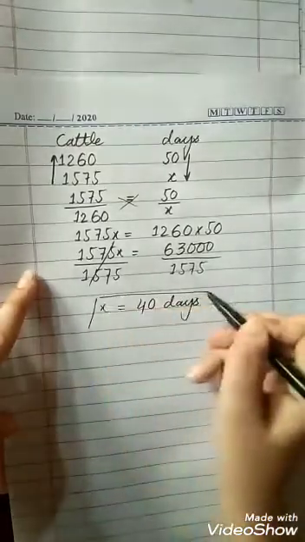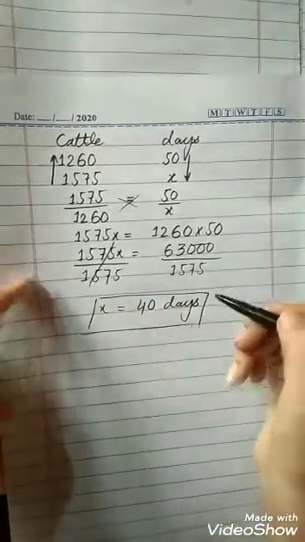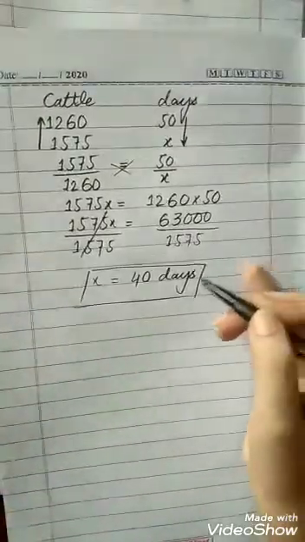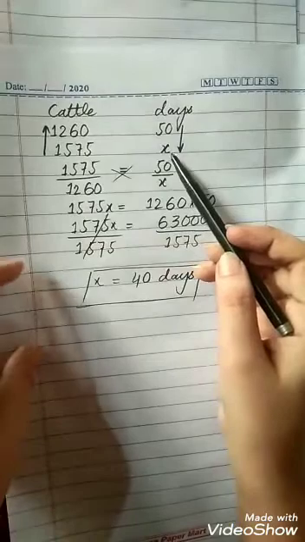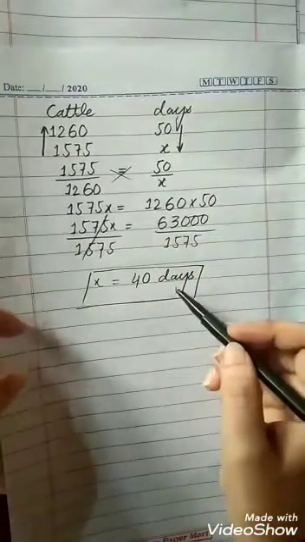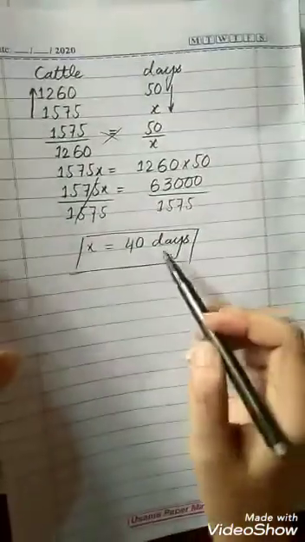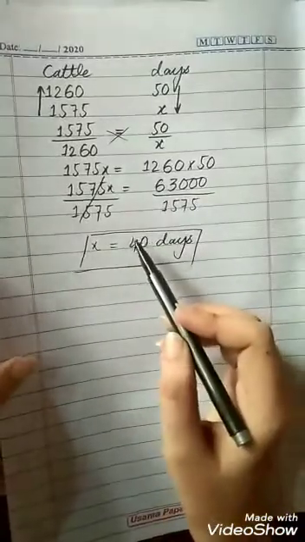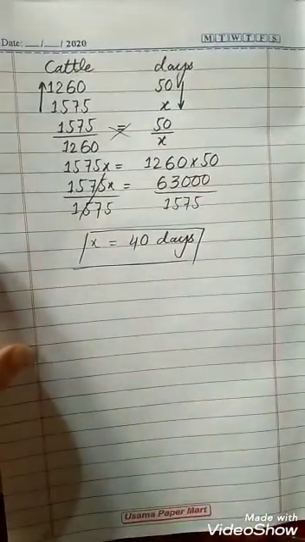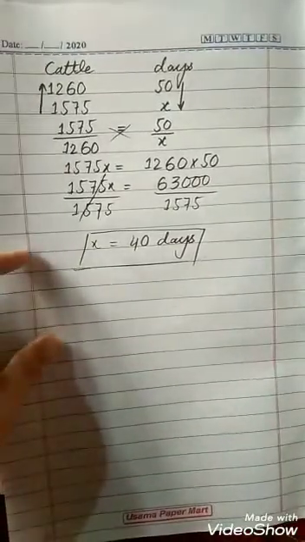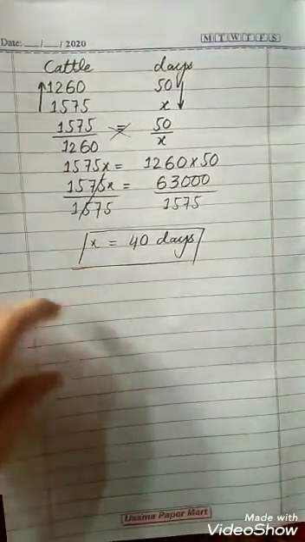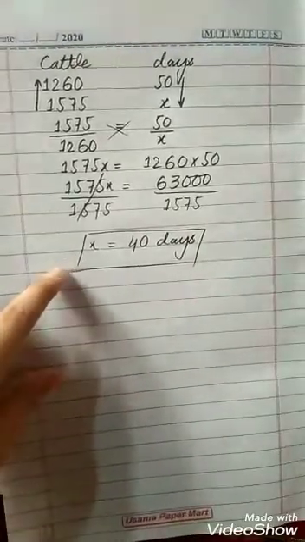Students, as you know, in the first part we found the number of cattle. Now in part 2, cattle were given, but we have to find the days. So 40 days is found. This is part 2. It's also a very easy question as you have done in question number 5, same method, question number 6. Now move towards question number 7.